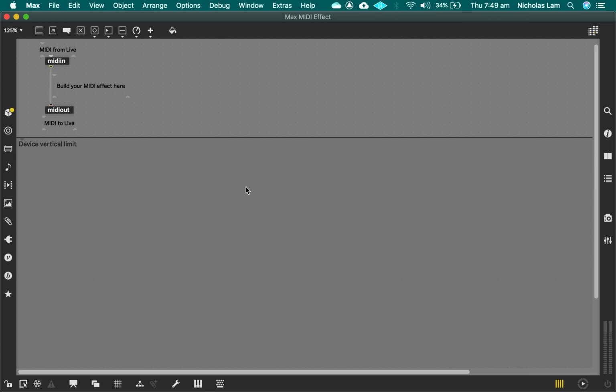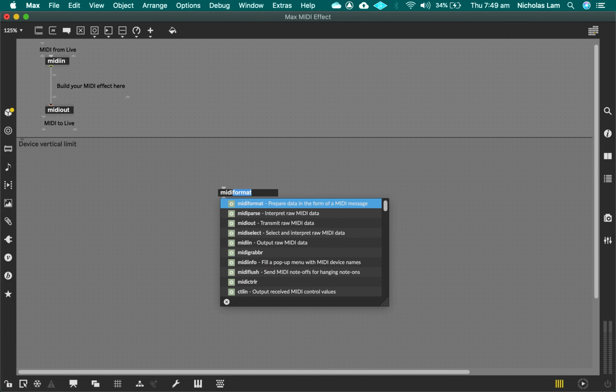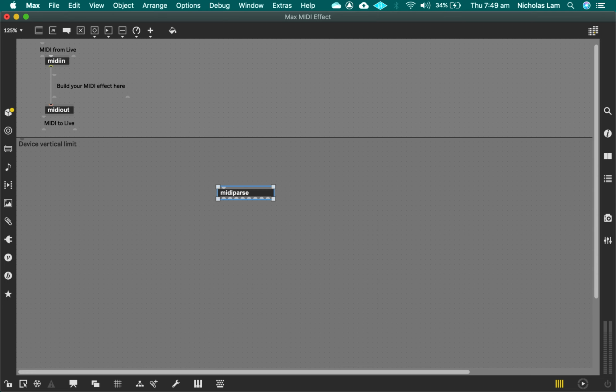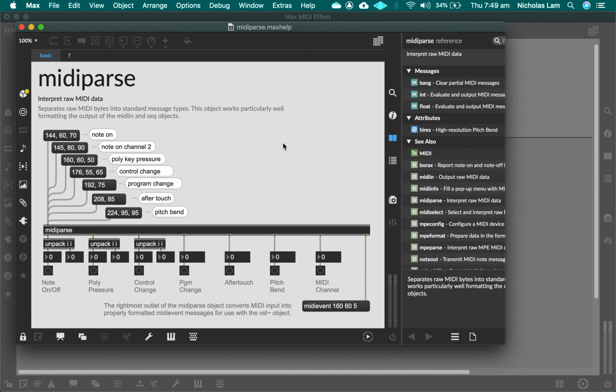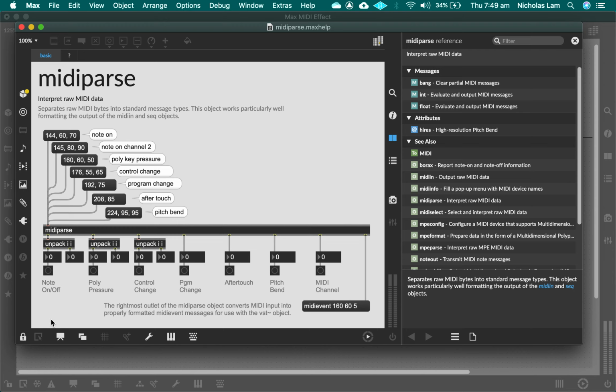So just to have a look at what's going on here, let's create a new object by pressing N, and we're going to type in midiparse with a P. There it is. We'll take a look at the help file. So right click on the object, open the help. And here, let's just see what's going on. So when you send it a MIDI note, the first outlet unpacks the data for the note